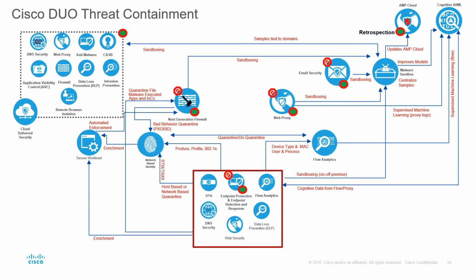Duo threat containment. So Duo provides multi-factor authentication, device health, and some conditional access capabilities. It's got a lot of really cool stuff. Lots of different applications it can support. There's no real limitations. But if, for example, you're in a remote location, connected to the internet, you open up Outlook,